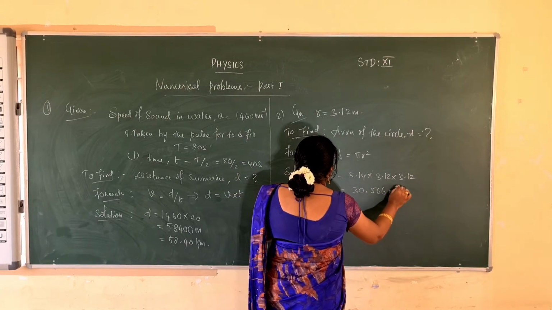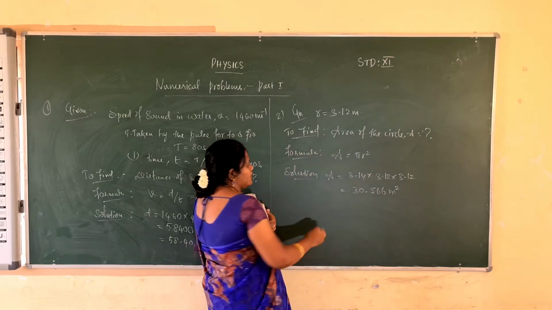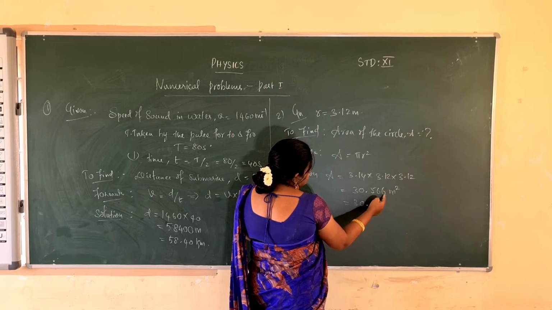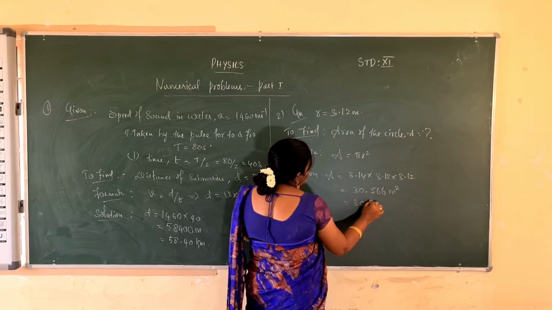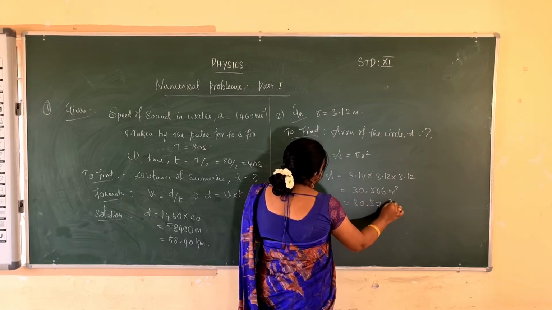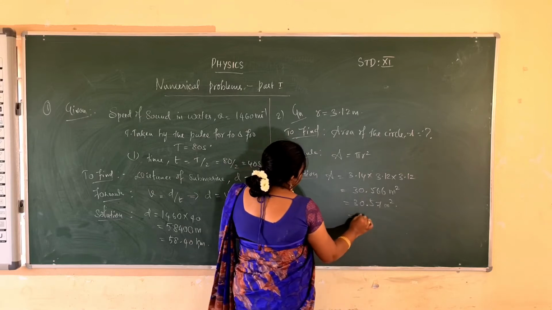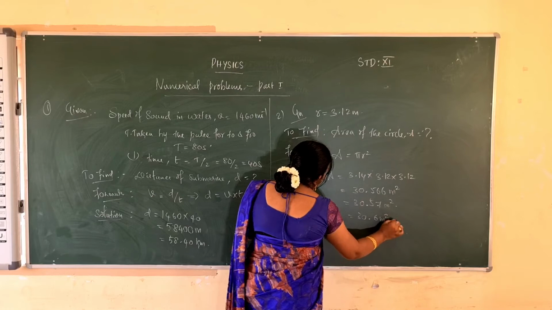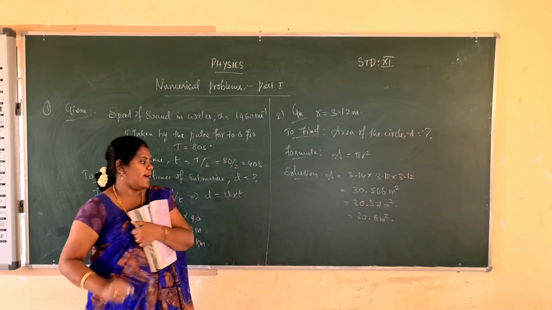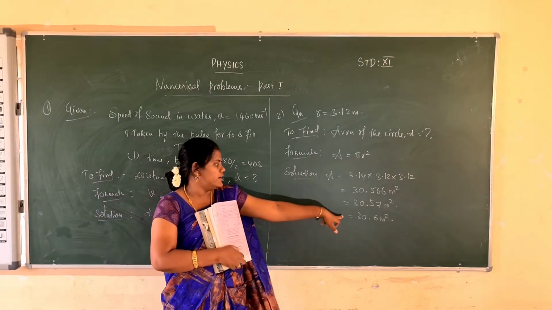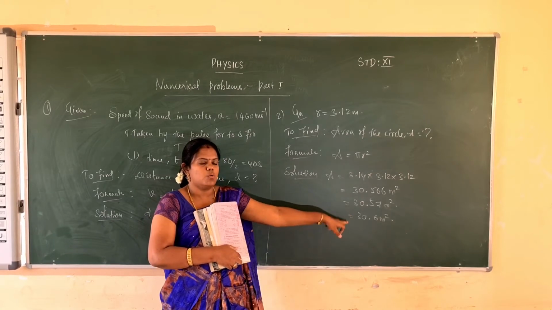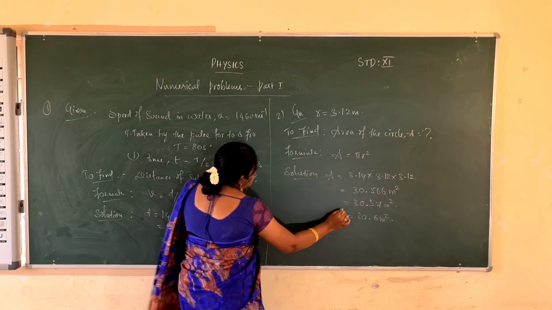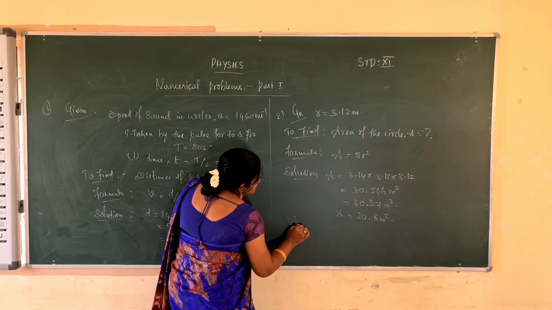Then we have to round off that value, 30.566. So the 6, the previous number is increased by 1, so 57, meter square. Or in the round off, that is 30.6 meter square. In our book, the given data is mentioned in significant figures. What are the significant figures in the given data?